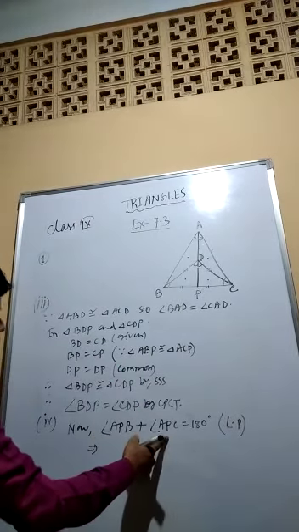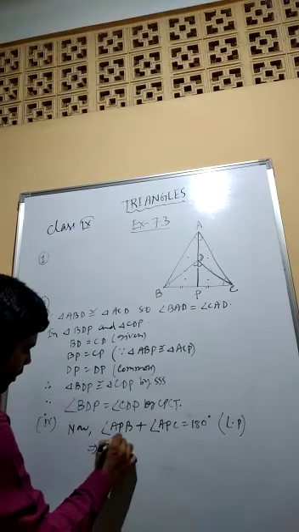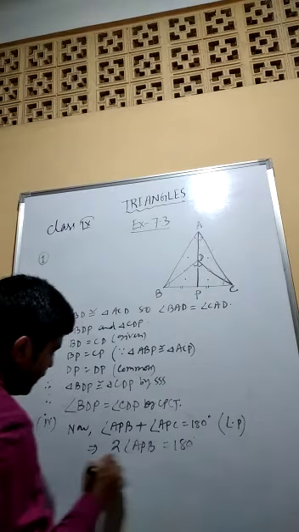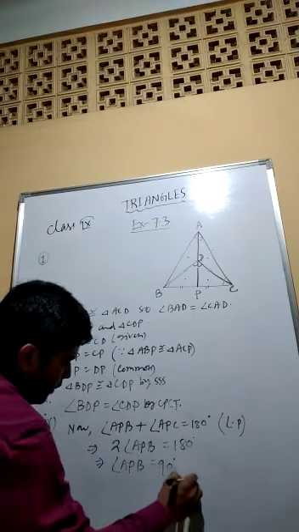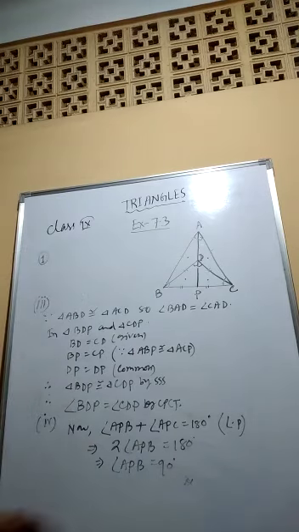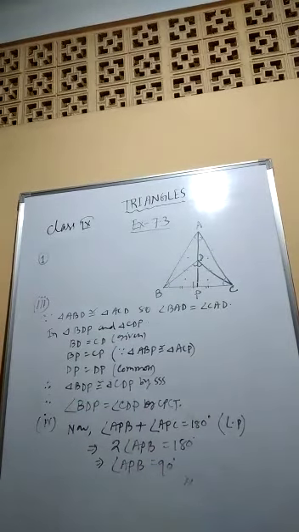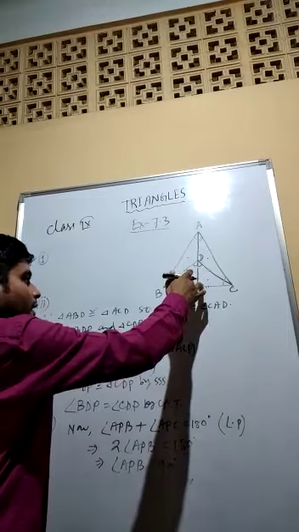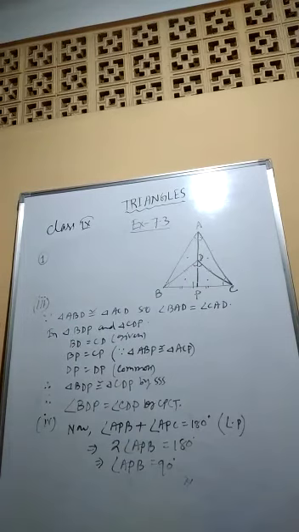But these two angles are equal because these are congruent. So any one you can change it. So 2 times angle APB equals 180 degrees. Ultimately, what do we have? Angle APB equals 90 degrees. Okay, this is the result. Because you see, APB is 90. This angle is 90. That means this other angle also is 90. So P is the midpoint of BC, we have already proved, and this angle is 90 degrees. So AP is the perpendicular. So that is why AP is the perpendicular bisector of BC.